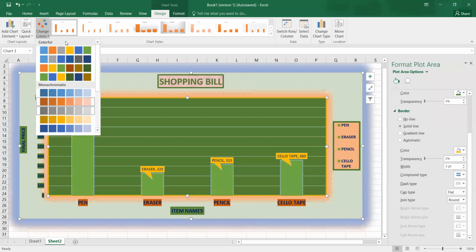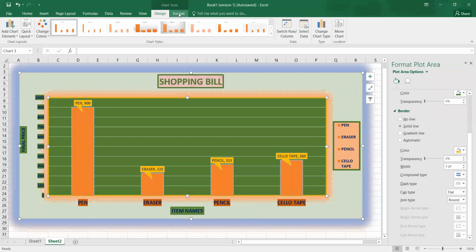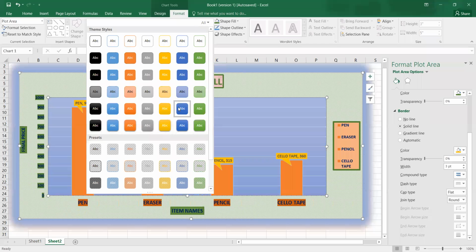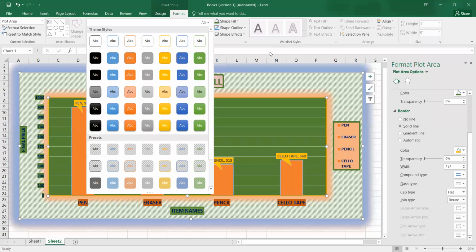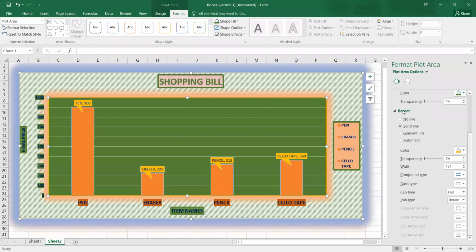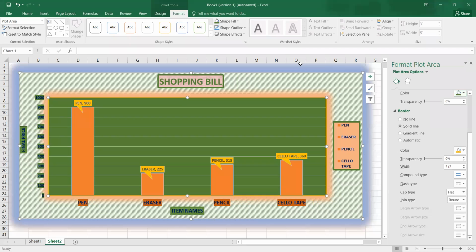You can change the colors from here, you can change the chart styles from the chart styles group, and under the format tab you can apply the formatting like this shape styles are coming, so this way you can change the color to your shapes, shape fill. The colors can be changed from here also, or alternatively the formattings are coming on to the right side. Shape outline means the border things you can get. So this is all about the charts in Excel.